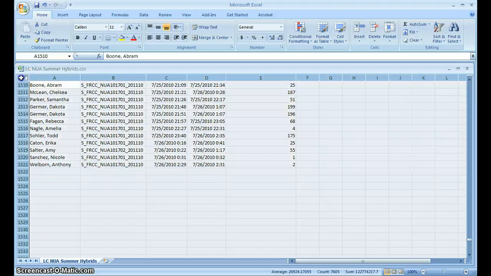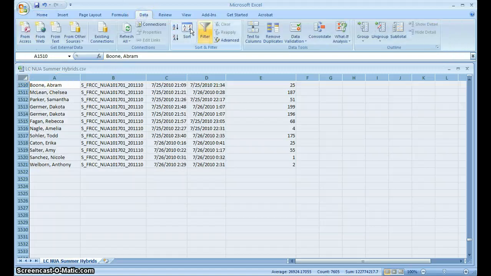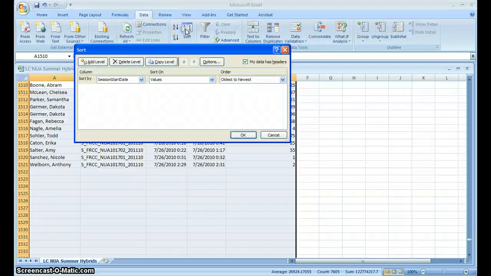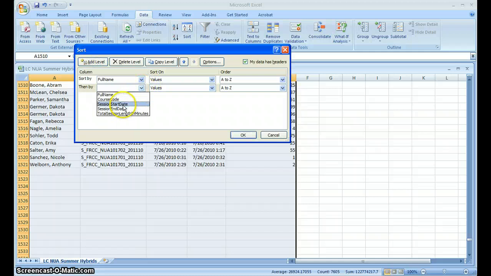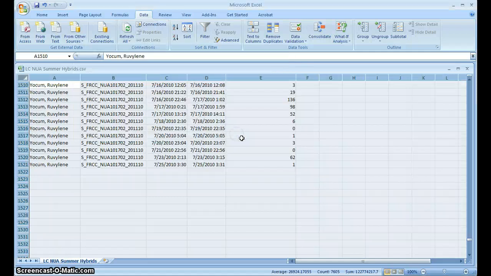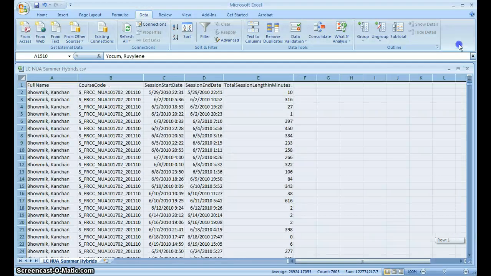So I'm going to click this button up here in the upper left hand corner of the spreadsheet to select all again, and I'll return to the Data tab, and I'll choose Sort again. This time I'm going to sort by full name, each person's name. I'm going to add a level, and I'm going to also sort by session start date and click OK. And now I can see